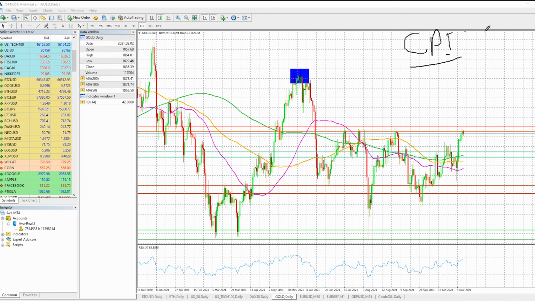If this data comes in slightly lower, then we're going to see big moves in the market. If this data comes in higher than the expectations, which is what we've got to be measuring this data against, then we are going to see massive moves in the market as well. So both of them are quite important in terms of the data point. Very, very important.